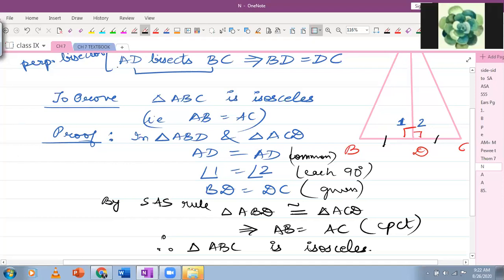Excuse me, ma'am. Yes. Ma'am, the thing you asked in the beginning, that if the opposite angles are equal, then we have to prove that the triangle is isosceles. Ma'am, I have found one way. Ma'am, can you see if it's correct? Sure. Just send it to me on WhatsApp. I will go through it and I'll get back to you. Okay, ma'am.